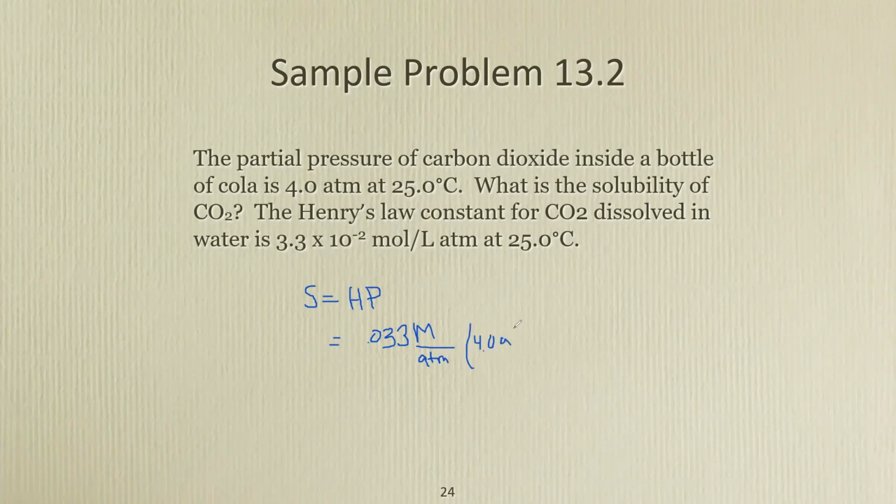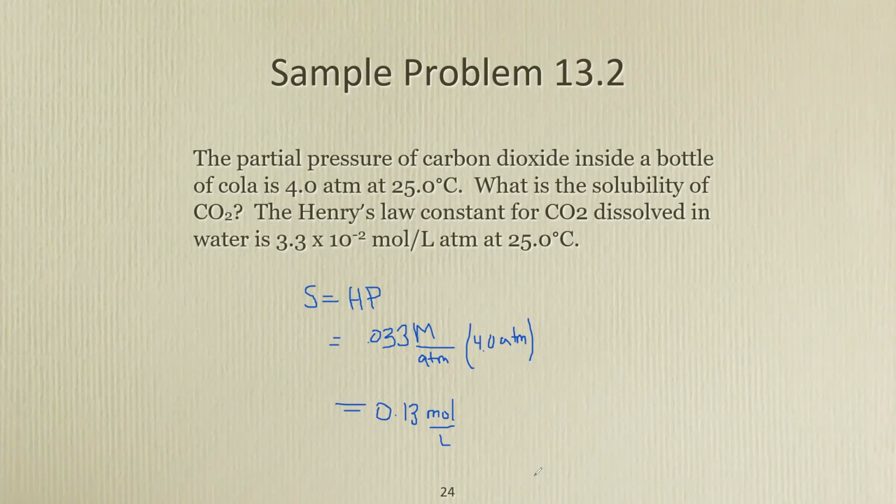And that's atm. So with this, we're going to see that the pressure units are going to cancel. And then we'll get 0.132, I believe. Yeah. But with sig figs, we've only got 2 of them. So we'll just round it to 0.13. And then with this, the solubility in this case is going to be moles per liter. So we can dissolve at 25 degrees C